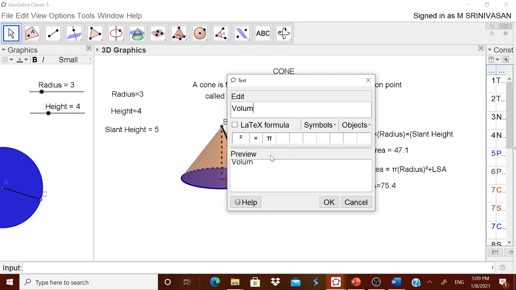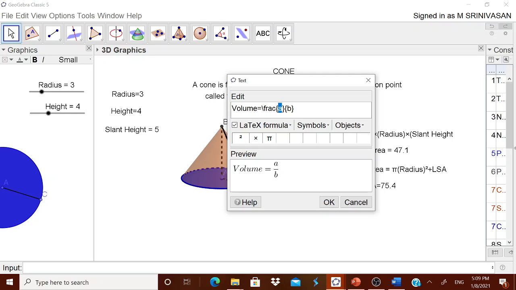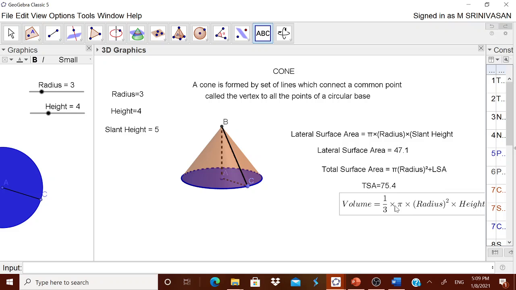The volume formula has one fraction. Go to this latex formula. In this latex formula, go for this 1/3. I think you know that it is 1/3. 1/3 pi r square h. Therefore multiplied by pi, multiplied by radius square, radius, radius and square, then again the multiplication symbol, into height, 1/3 pi r square h. You can type 1/3 pi r square h also, but here I have used radius, therefore I am making use